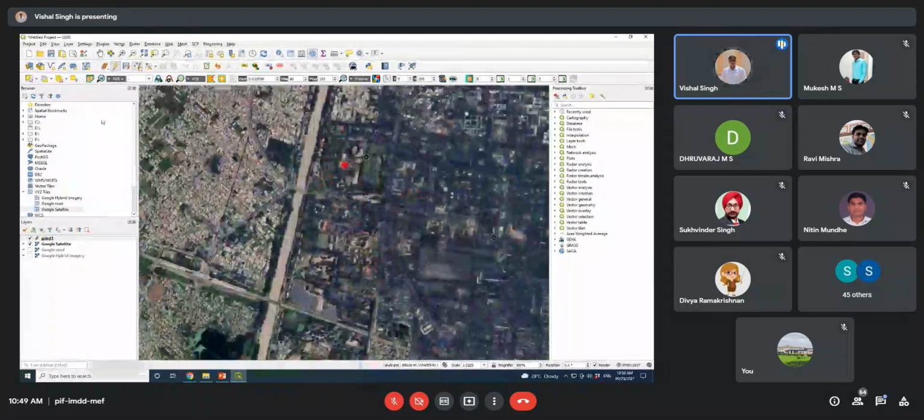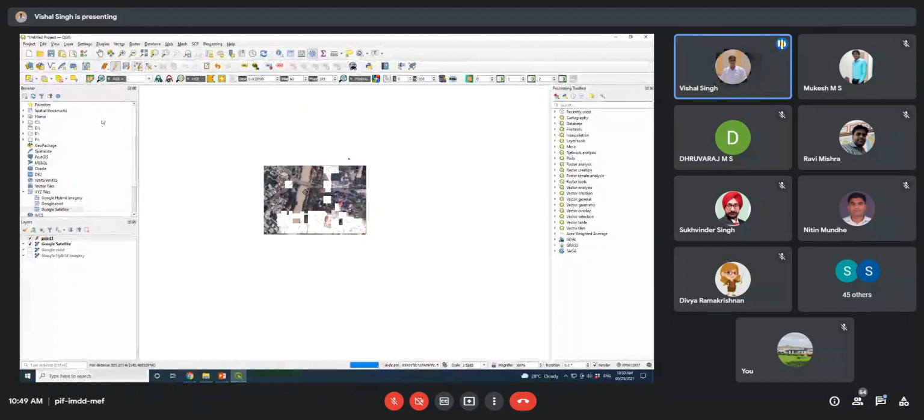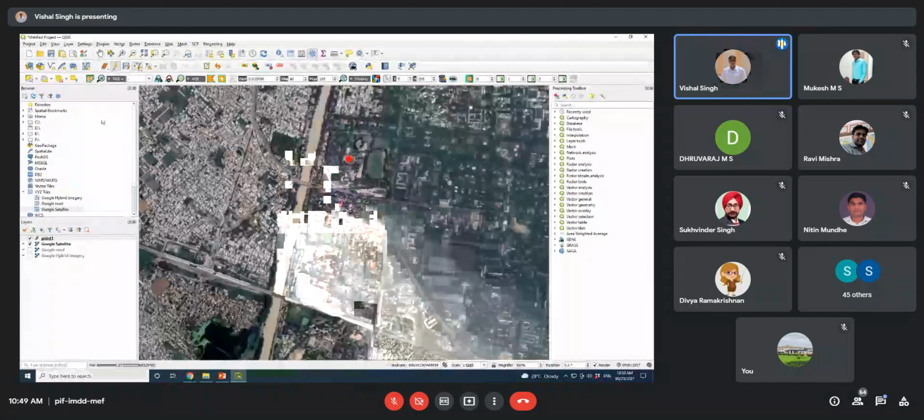I think this is a stadium or ground of some kind, and this is a bridge. If you know that this is a bridge, you can put the information. Similarly, you can identify other known features, whatever you want to create.